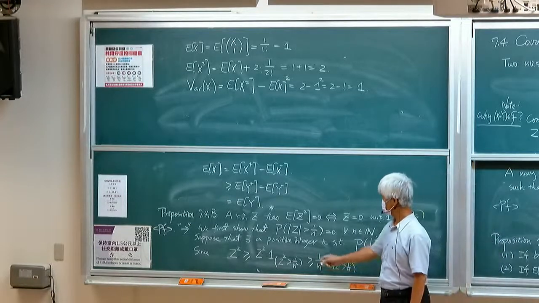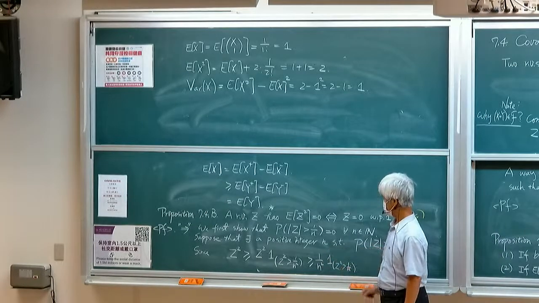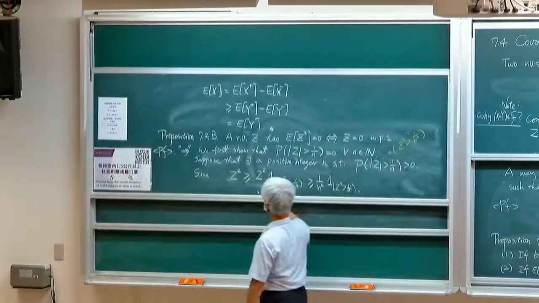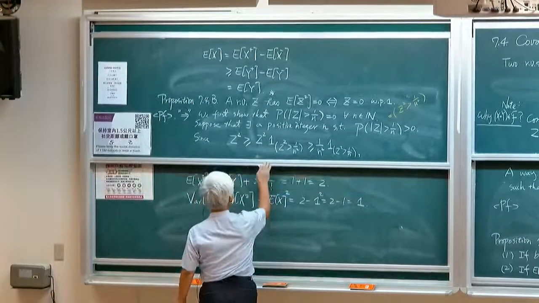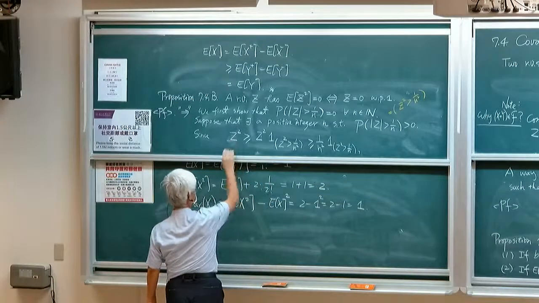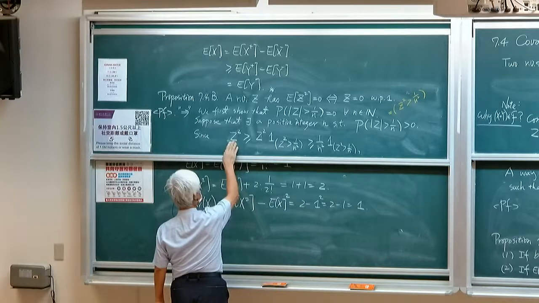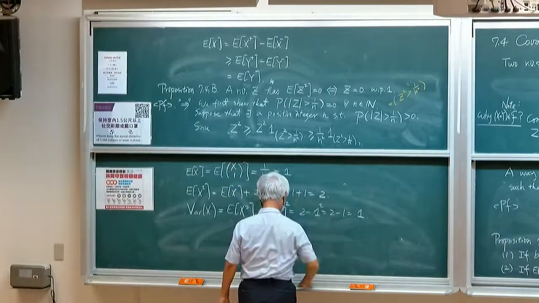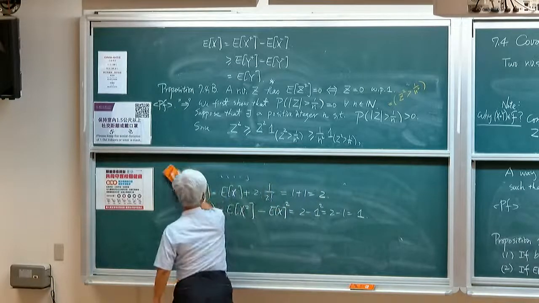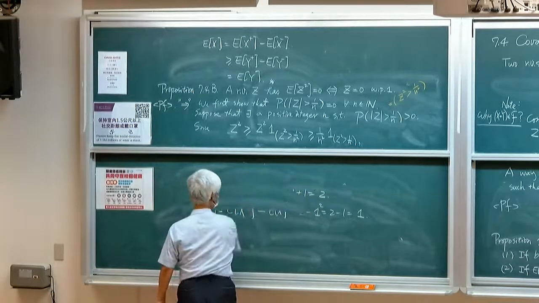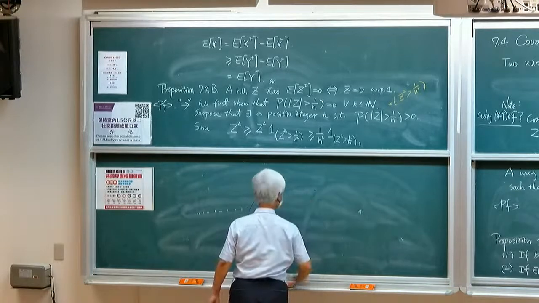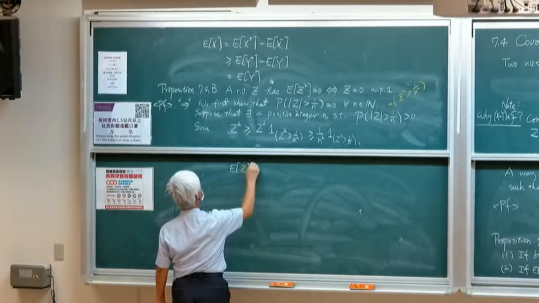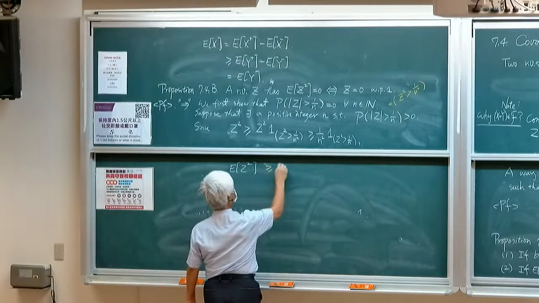Right, so okay, so we have this inequality. So now, this is a non-negative random variable, and this is also a non-negative random variable, and we have an inequality, right? So by the previous proposition, the expectation of Z square will be greater than or equal to the